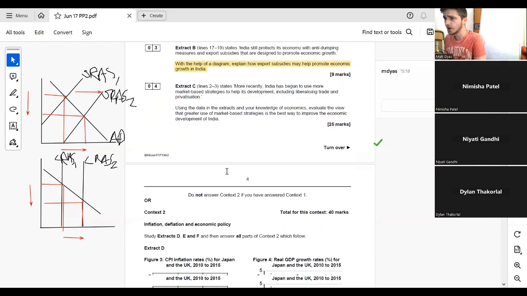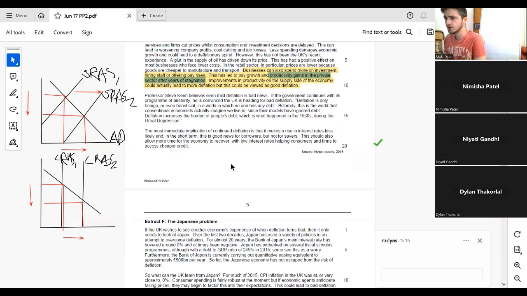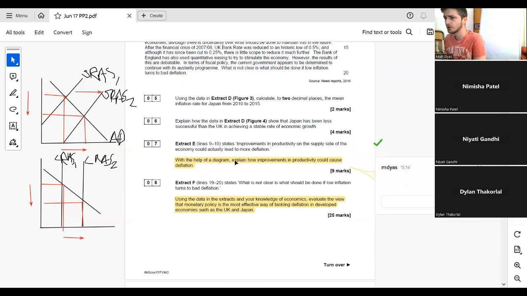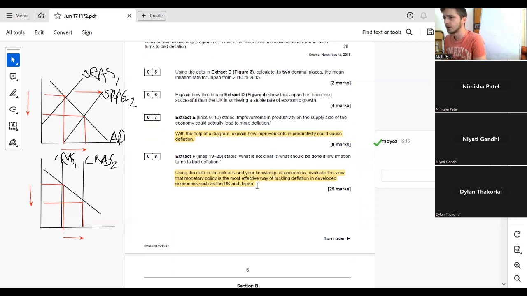So very, very heavy on AD/AS, and it's not uncommon. It's more common than you might think that both the 9 markers are AD/AS questions or very heavily feature AD/AS in the mark scheme. So, okay, we'll have a quick look at this 25,